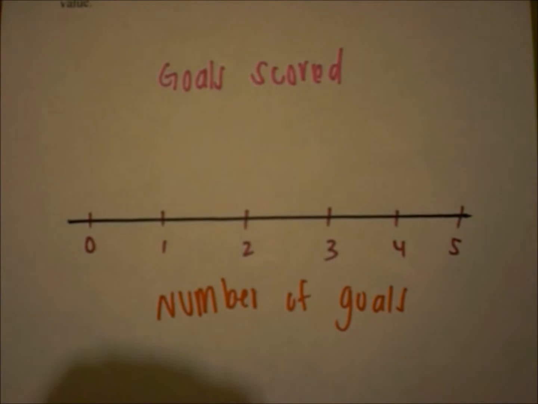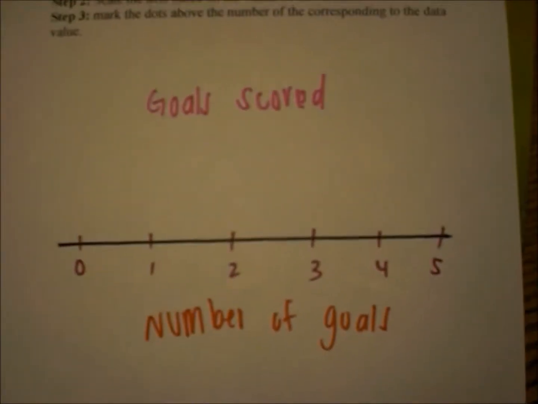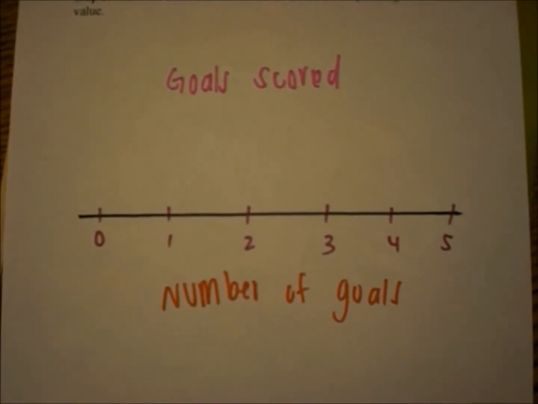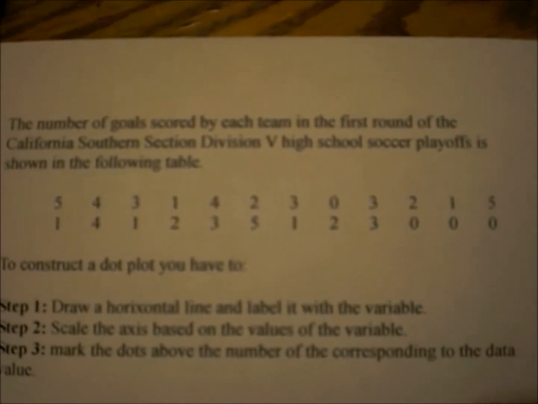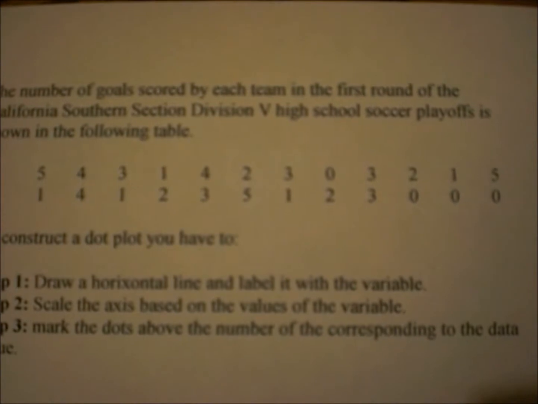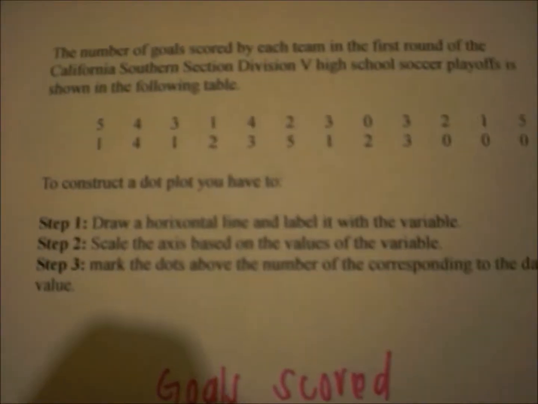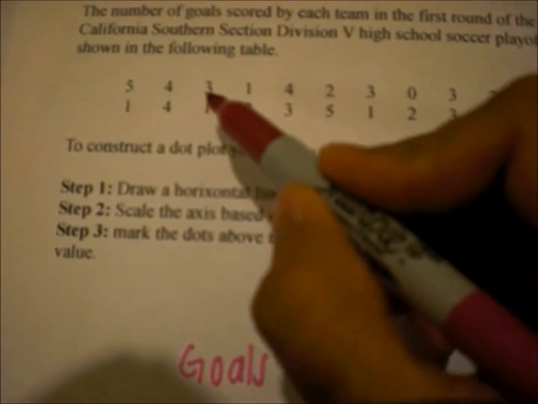Here's a dot plot graph. Goals scored, 1 through 5, number of goals. You can see that 5 is the biggest number and 0 is the smallest number. So now we're going to label and place them. So there's 1,